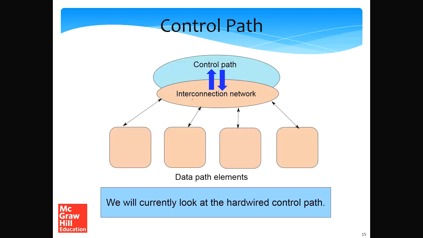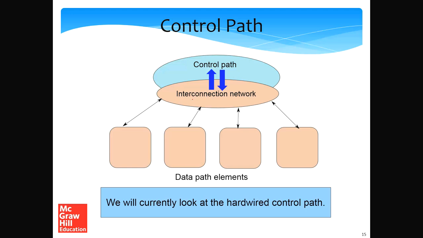Now that we have the data path and the control path, the control path has a control unit and an interconnection network where it sends wires to all the elements inside the data path. This controls the movement of data and movement of instructions and values and everything inside the data path, similar to what we have in a traffic network. The traffic network is a data path, the cars are the instructions themselves, and the controllers for the traffic lights and so on are part of the